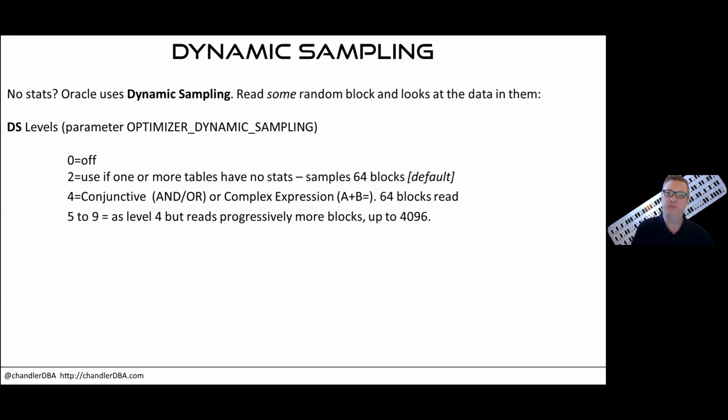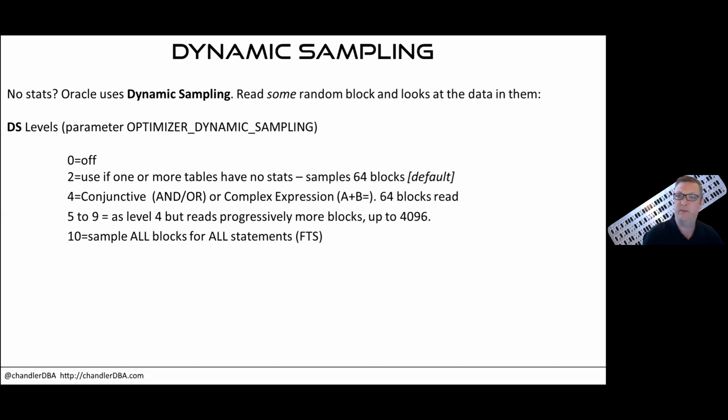From optimizer level 5 to level 9, it does the same as level 4, but progressively doubles the number of blocks it's reading each time to try and make it more accurate. So obviously you're going to get a better set of information if you're reading 4,000 blocks. And if you set dynamic sampling to 10, it will sample every block in the database. Effectively, it'll do a full table scan